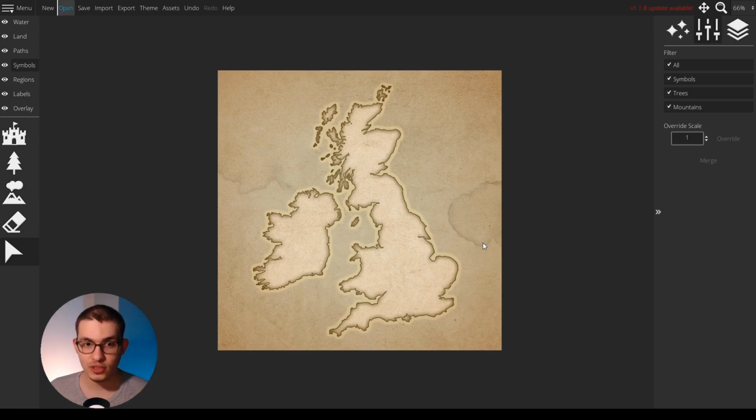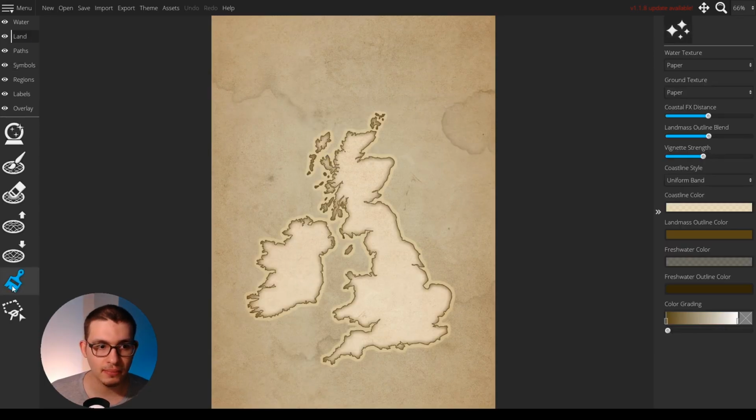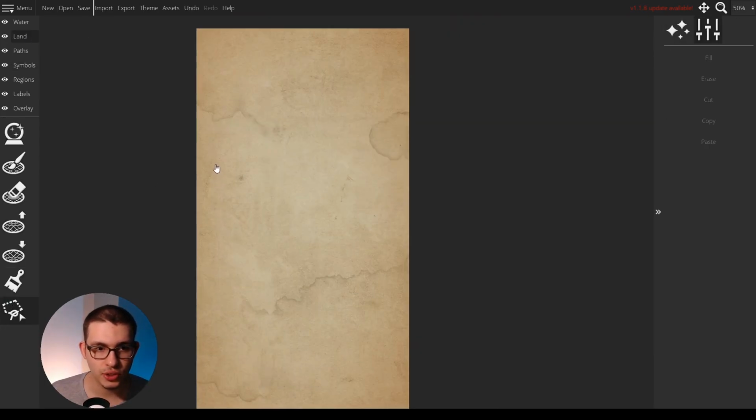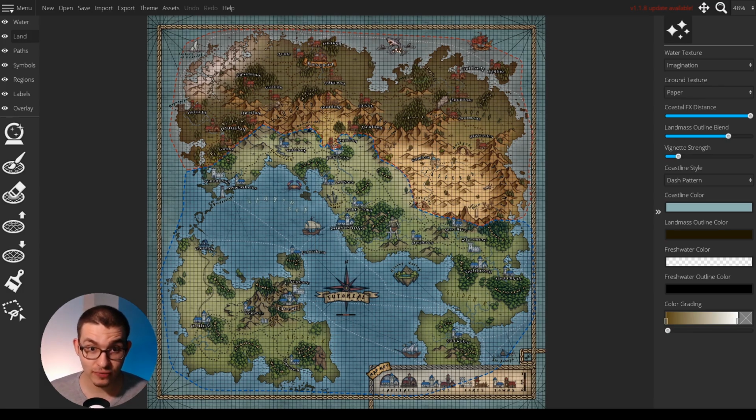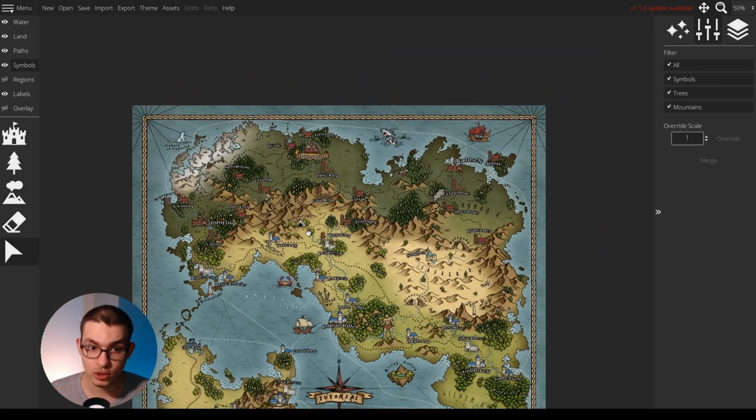One warning related to this: if you're using this feature, you have to make sure that you have the same ratio between the picture that you're importing and the canvas that you're using in the app. For example, if we import the same map, it's not gonna work, I assure you. So that's one warning. So following up with the second feature, learn to add custom assets as soon as you